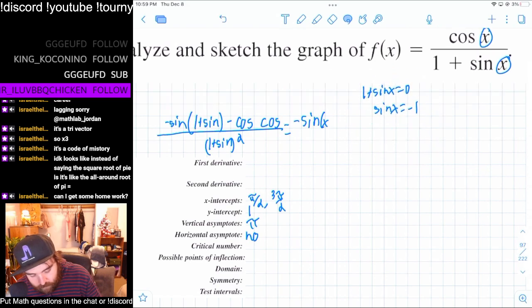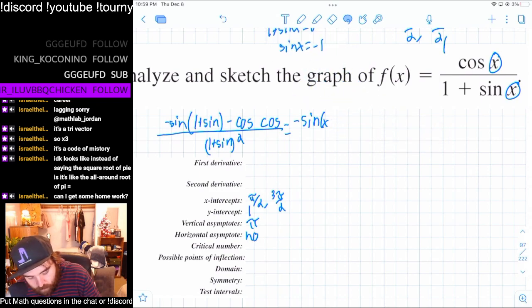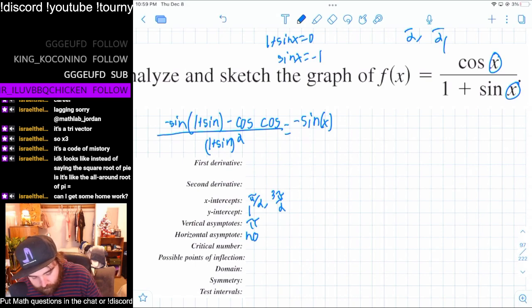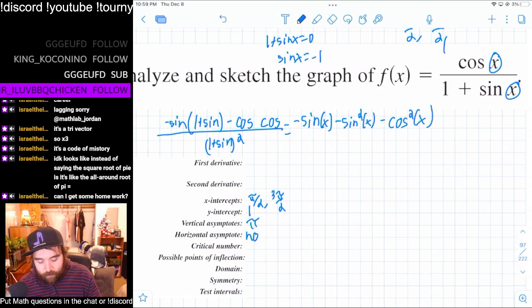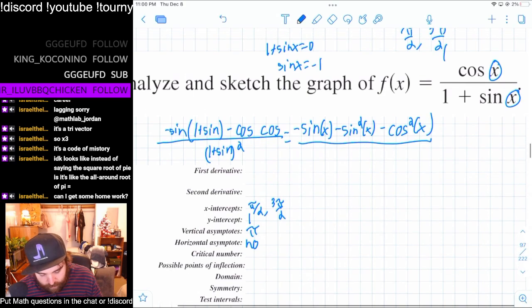Let's move this up here. So I'm going to have negative sine of x minus sine squared of x minus cosine squared of x. Beautiful. Over, I'm going to multiply this out, 1 plus 2 sine of x plus sine squared of x. Okay, no, that was not it. That wasn't it. This is going to be,